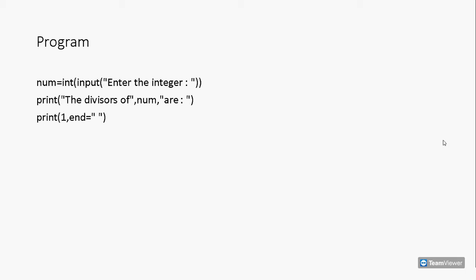We want all the divisors to be printed in the same line. Therefore, we have changed the end argument of the print function to a space. Now, we have to find other divisors as well. For that, we will have to first generate a list of numbers by which we want to divide our number in num. Then, we will divide num by these numbers one by one, and based on the value of the remainder obtained, we will determine if the number by which we have performed the division is a divisor or not.